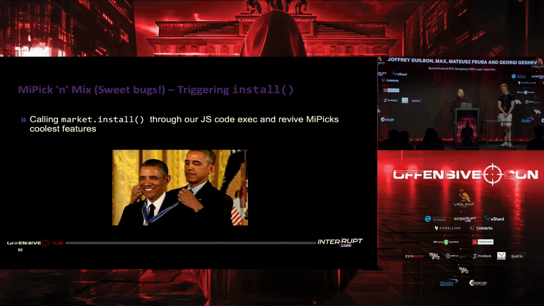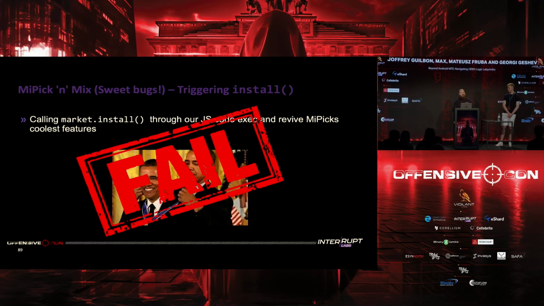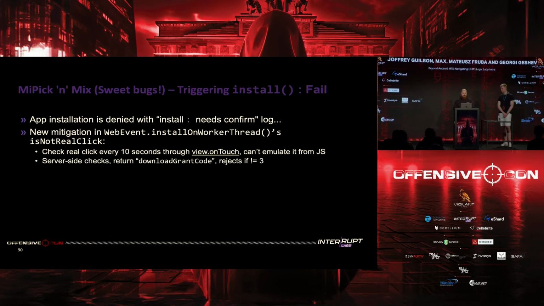And we were like, okay, here we go again. We triggered the market install, and Mipix is the coolest store ever, super nice, except that it's absolutely not working. So we're like, what do you mean it's not working? We've done that for like 10 years. It's supposed to work. Looking at the log, we were like, okay,